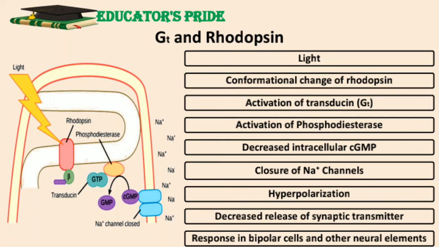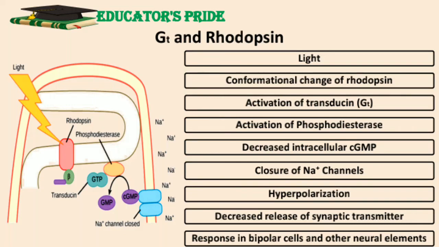The PDE enzyme converts cyclic GMP to 5' GMP. The cyclic GMP levels in the cytosol fall. This drop in cyclic GMP concentration leads to a decrease in the amount of cyclic GMP bound to the plasma membrane sodium ion channels, allowing more of these highly cyclic GMP sensitive channels to close. Closure of these channels inhibits the influx of sodium ions. These channels are kept open in the dark by cyclic GMP that has bound to them.